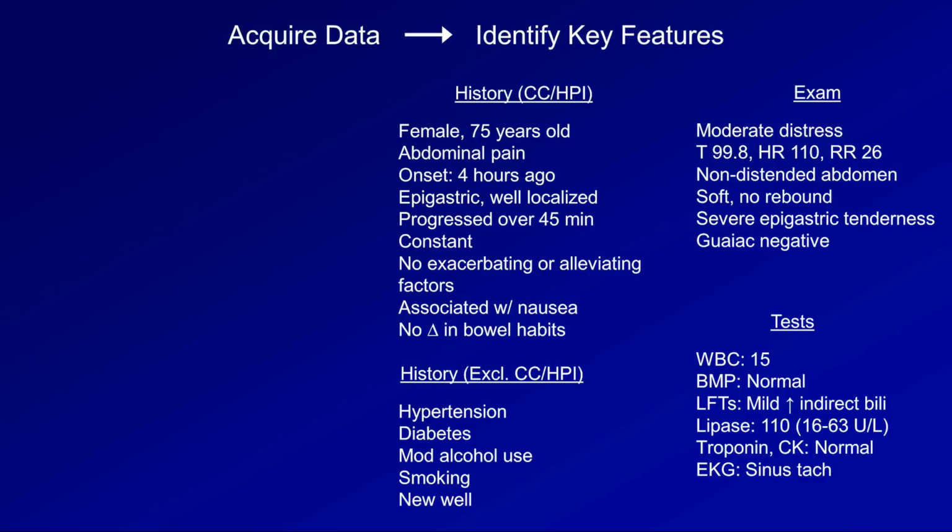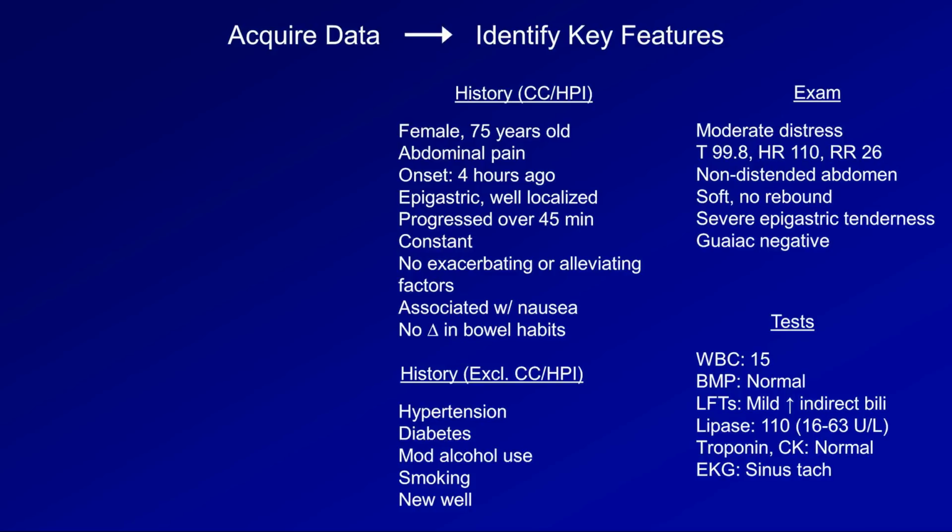So let's review what I've identified as key features, remembering that these are the individual elements of the presentation that we expect will allow us to differentiate one diagnosis from another. The patient is a 75-year-old woman with abdominal pain for 4 hours. It is epigastric, well localized, progressed over 45 minutes, is constant, with no exacerbating or alleviating factors, and associated with nausea. From the rest of her history, she has hypertension, diabetes, moderate alcohol use, smoking, and is drinking water from